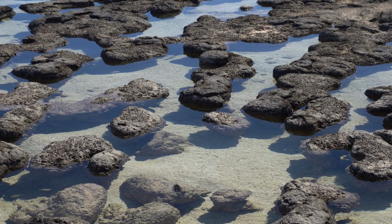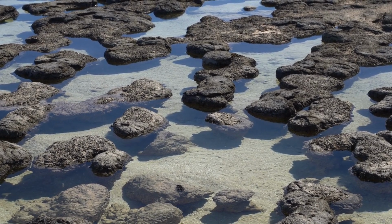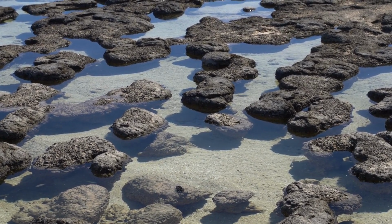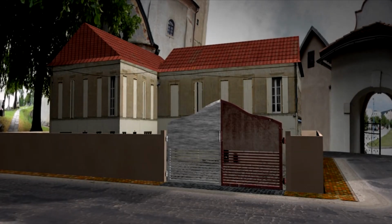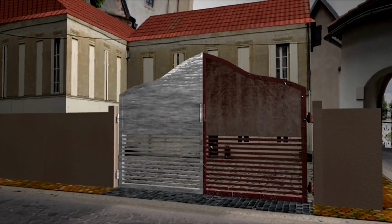These microscopic organisms, known as prokaryotes, thrived in the nutrient-rich oceans and began to shape the planet's atmosphere and chemistry. One of the most profound changes in Earth's history was the Great Oxidation Event, occurring around 2.4 billion years ago. Photosynthetic microorganisms began to produce oxygen as a byproduct, dramatically altering the atmosphere and paving the way for more complex